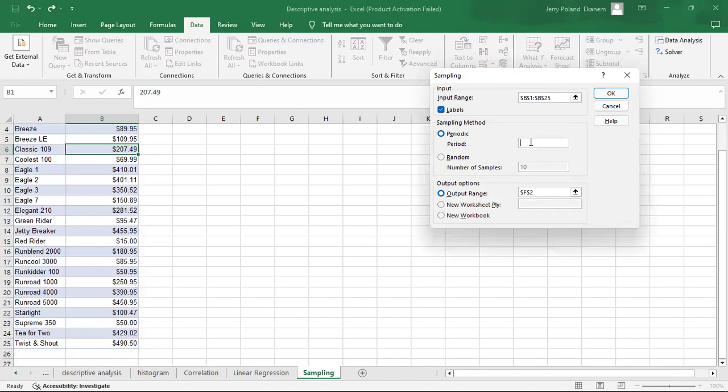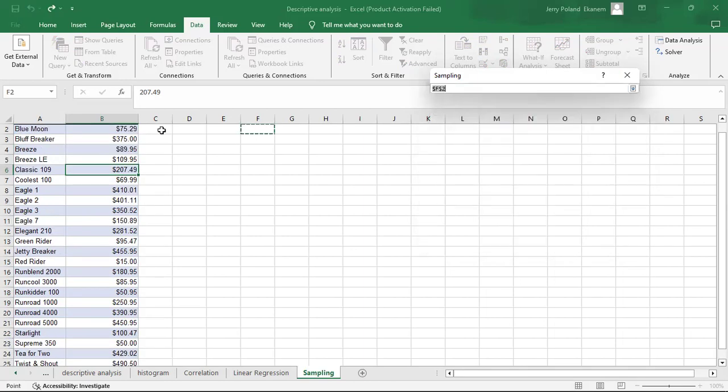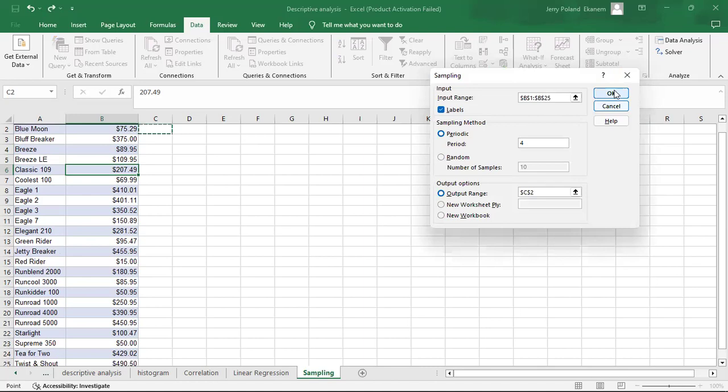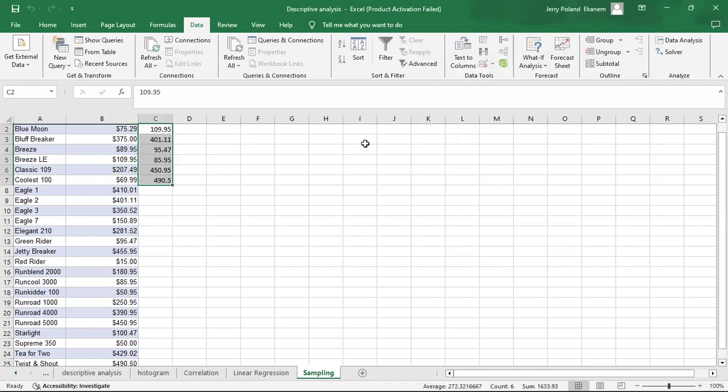Now, what does periodically mean? Let me show you what I'm talking about. Let's say in steps of 4, periodically 4. Then the output range, I want it to be in this same data, so I'll say from here, like this. I don't want it on a new sheet. Then I say okay, and voila. Now this is what happens. This is the sample of